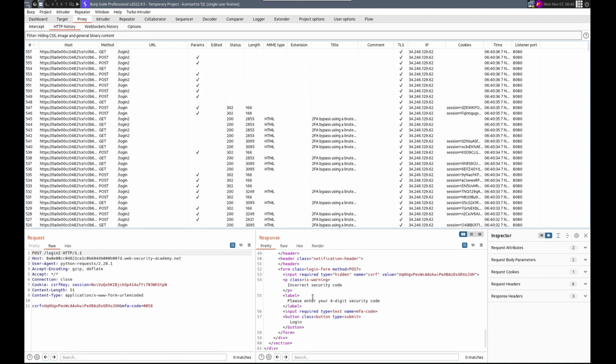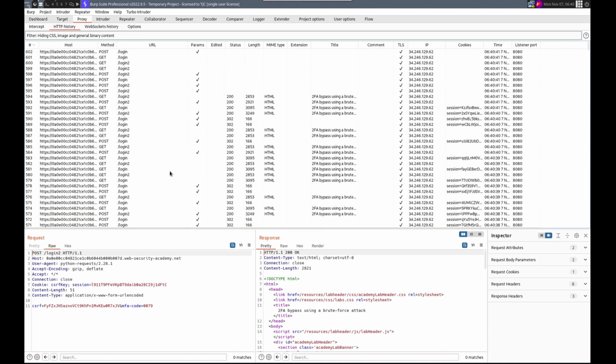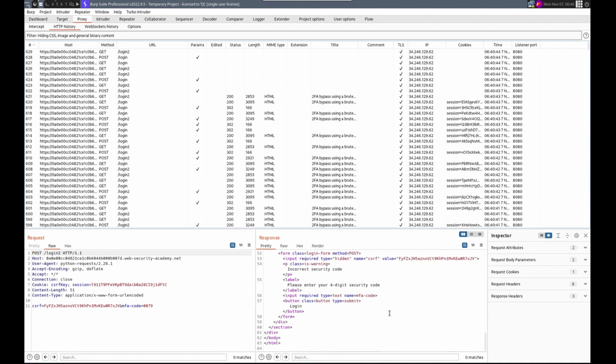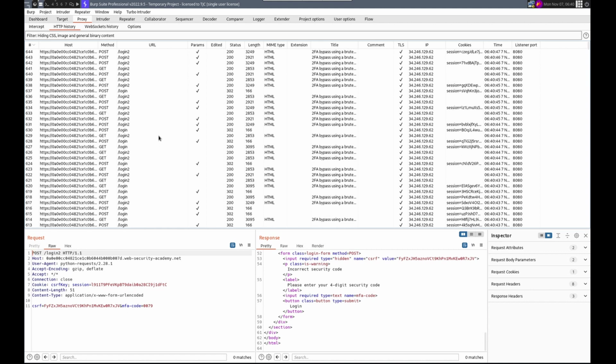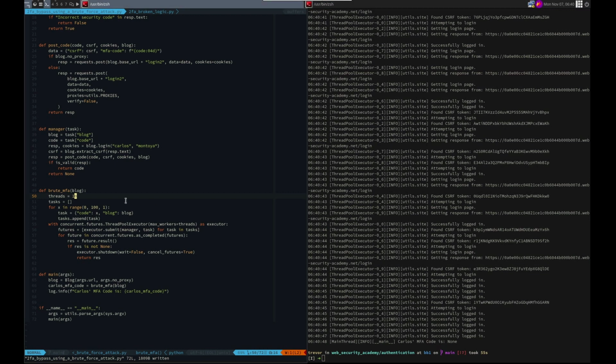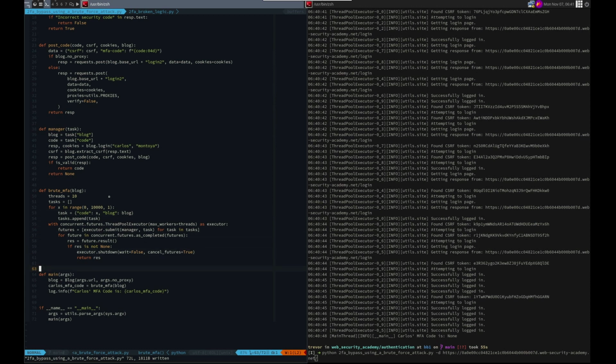Incorrect security code. I mean, it looks like it's working, right? We're getting the answer we expect. All right. Well, I'm going to try it. And then we'll see how this works. If it, and then, yeah, well, let's do, if we've got this, then let's do